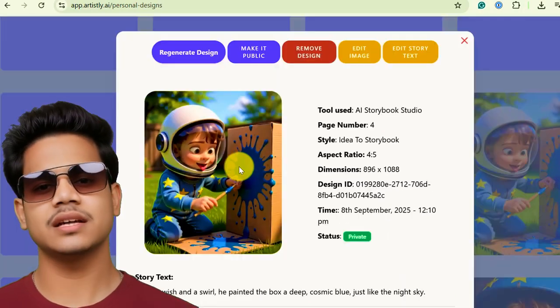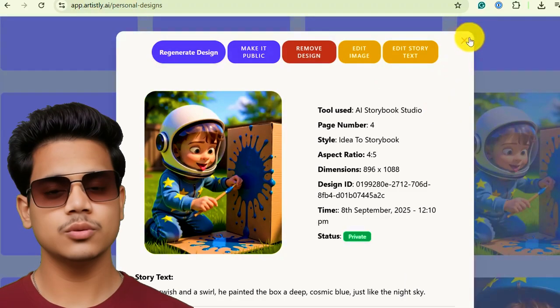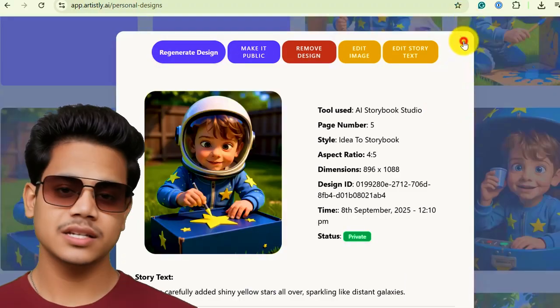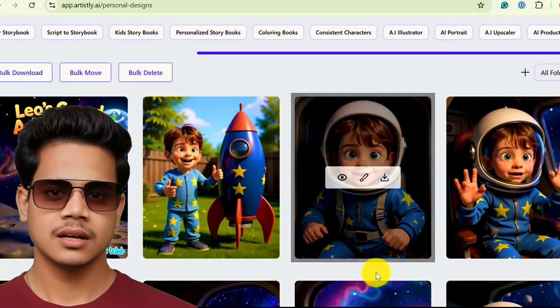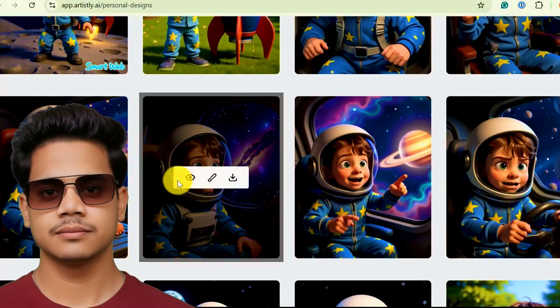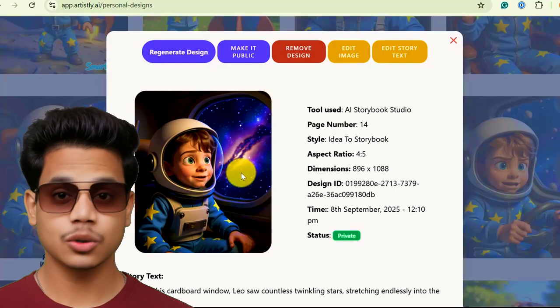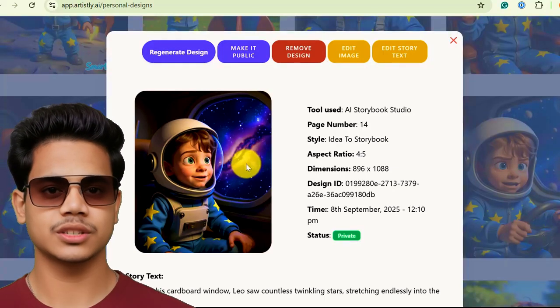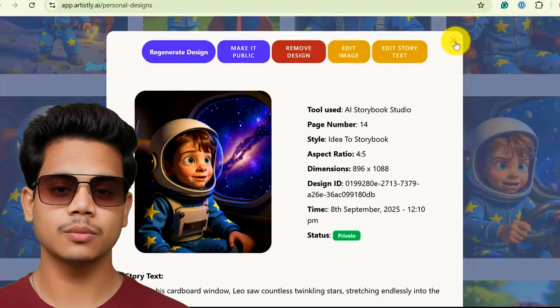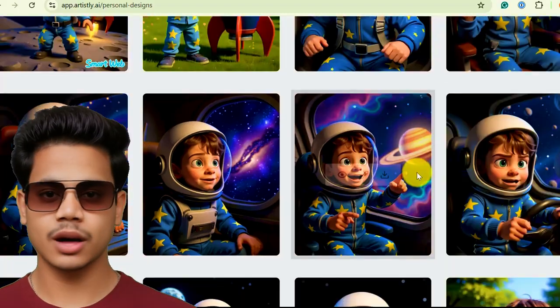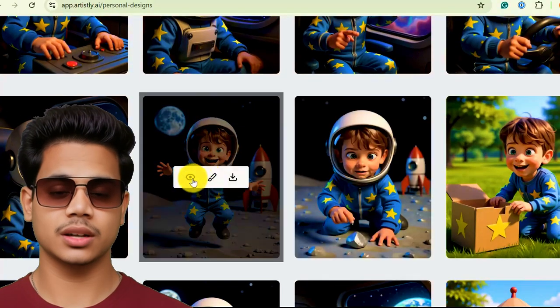Then it illustrates an entire personalized storybook from start to finish. Look at that, it is Leo, perfectly captured in this wonderful illustrative style, embarking on his adventure. This is without a doubt the most heartfelt and unique gift you can possibly create. I can already see the improvement. The image quality is noticeably sharper, and the colors look much more vibrant compared to earlier versions of Artistly.